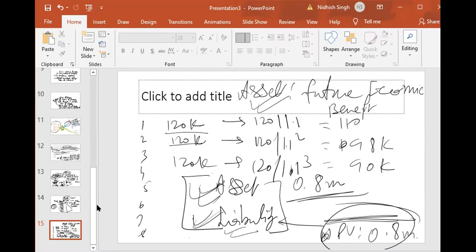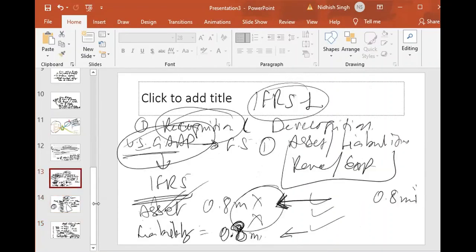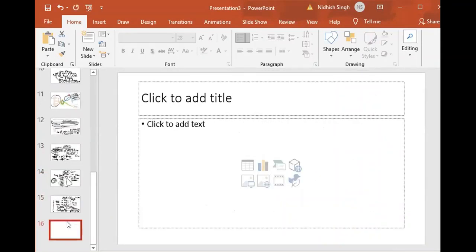Earlier, an accounting standard like US GAAP was not asking you to recognize asset and liability, but IFRS is asking you to do that. What did we learn from this? We learned that IFRS may ask you to recognize additional asset, additional liability. Or in some cases, IFRS may ask you to remove that asset or liability, or even some income. That means when you start applying IFRS as per IFRS 1, you need to reconsider recognition